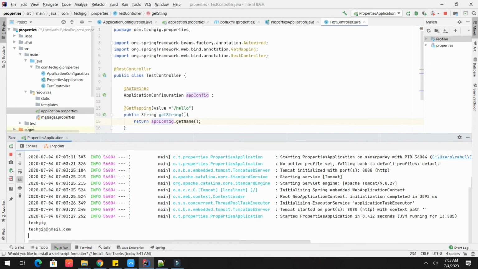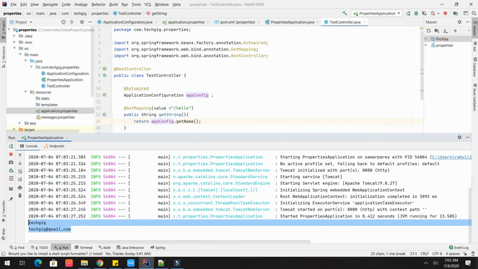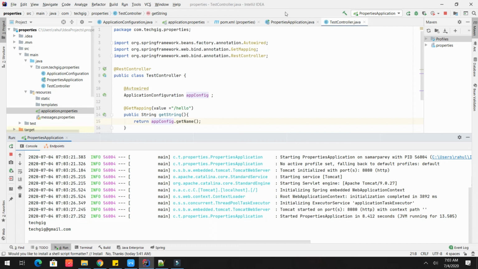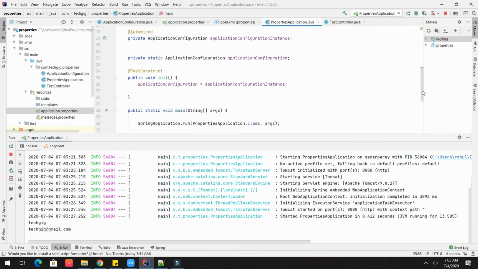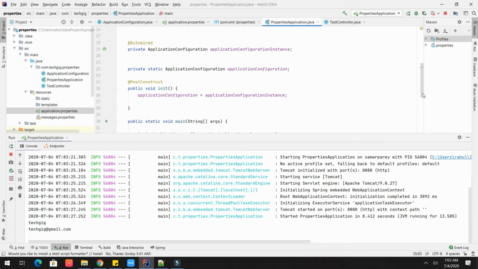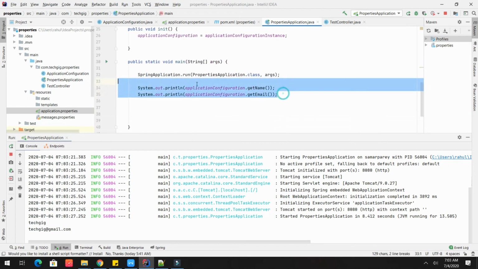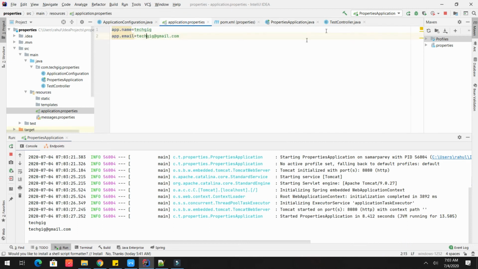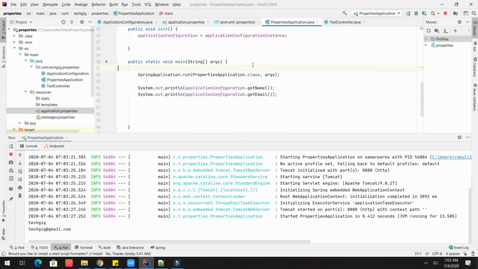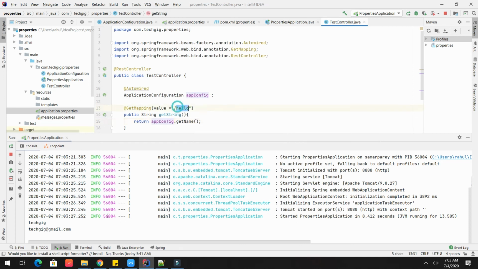My application has started on port 8080, and there are two lines of text written over here. This is coming from the application properties, where, as I already told you, I have auto wired into the main application and tried to load this. So it is loaded from this application with the custom properties. That is one. Now let's have a look at what happens when we hit this endpoint, /hello. I have localhost:8080/hello. I will hit it over here.